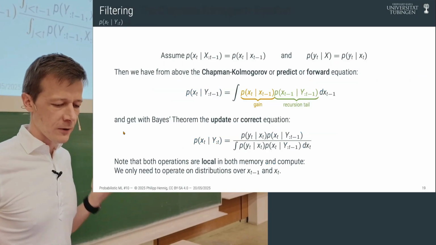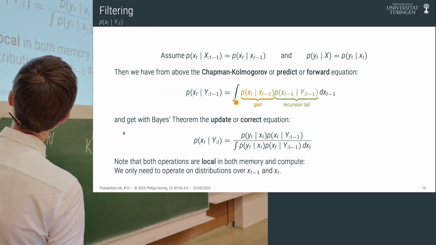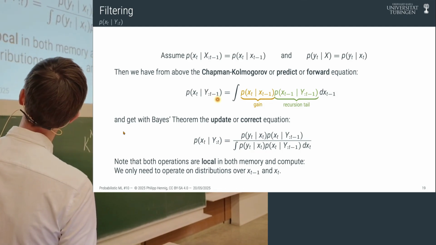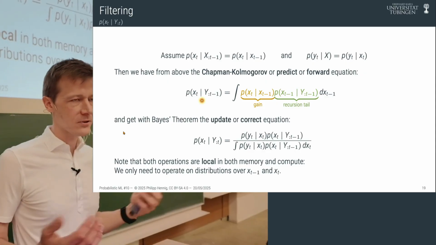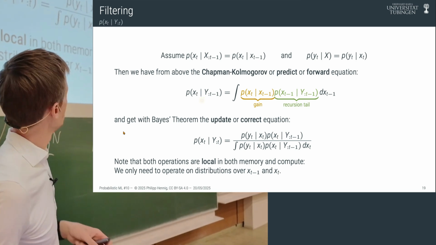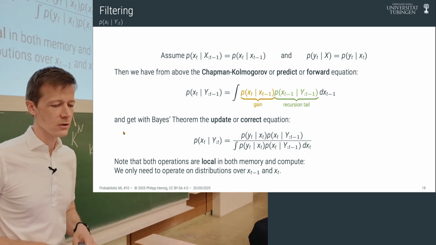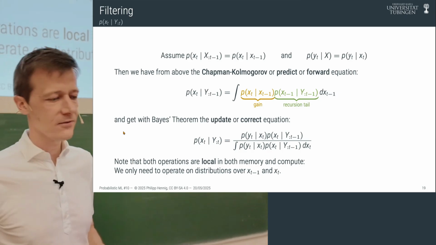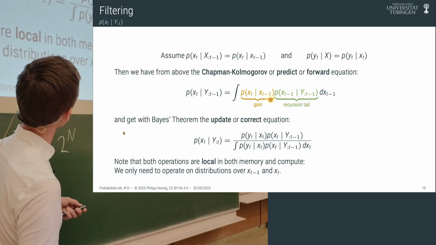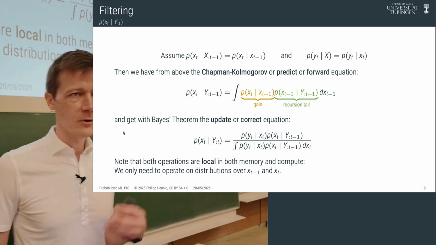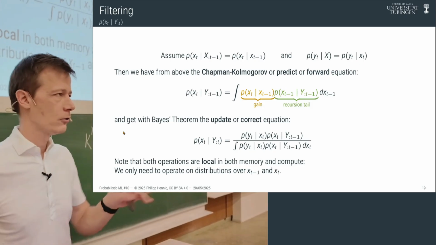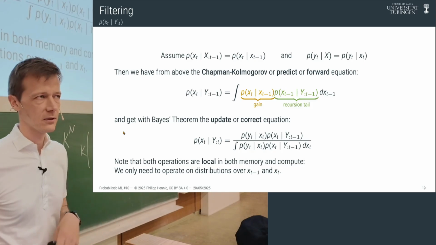So what we've now found is this beautiful equation, even though the derivation was painful and ugly. This general structure in this abstract form is sometimes called the Chapman-Kolmogorov equation, at least in the signal processing community. In the numerical community, it's also called the predict equation or the forward equation, in the more computational side of things, in classic AI, where we are thinking of some information being passed along a graph. And these corresponding models that we're building here are then called predictor-corrector architectures, by the way, for those of you who have taken the numerics class. These are all the exact same ideas. They just use different lingo.